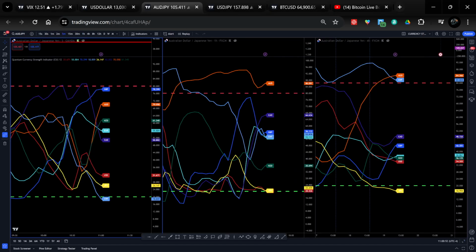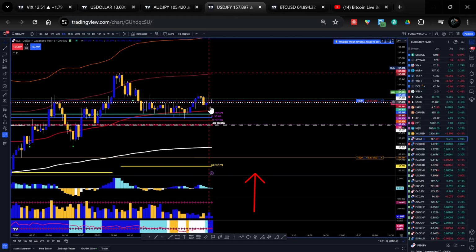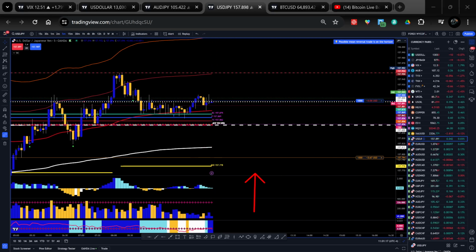On my quantum currency strength indicator, JPY is kind of weak, although US dollar is kind of weak as well, but against the US dollar, if this US dollar pops up, JPY is the weakest right now. So that's why I'm in a USD/JPY long, right? And it's fighting right here to stay alive. We're above the first upper deviation and the central pivots, getting some support here. So I have a little confidence in this trade. At least we could push up to probably this high level here and the second upper deviation band.